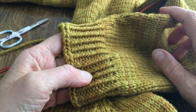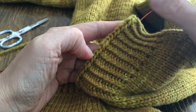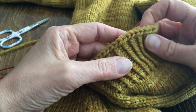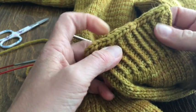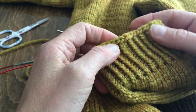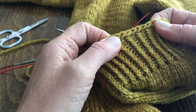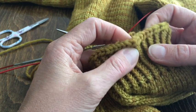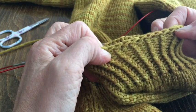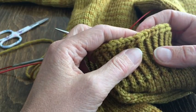I want to show you how I am using the Jeny surprisingly stretchy bind off, knitted from the wrong side, to create a stretchy bind off which looks a bit like an I-cord. I-cord bind off is not stretchy at all, unless you do it very, very loosely, and it doesn't really look that nice. But Jeny's surprisingly stretchy bind off is stretchy,